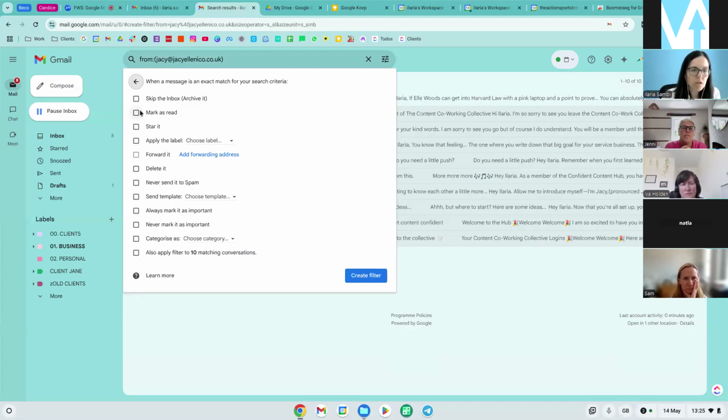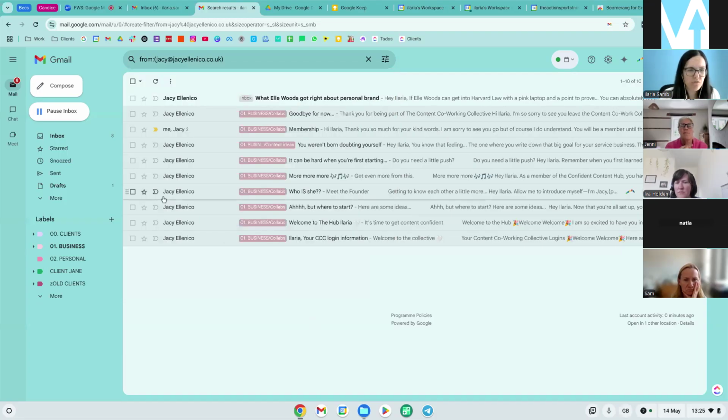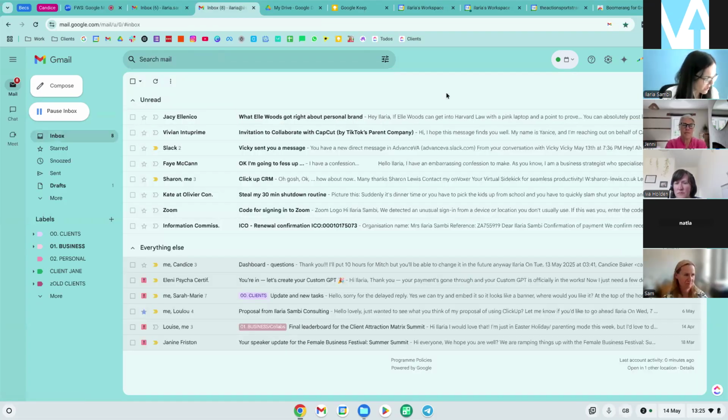So I don't want to unsubscribe, I want to delete them. So I could do mark as read, delete, skip the inbox. If you delete it, it skips the inbox automatically. So either I skip the inbox and archive them, or I just delete them. Also, I have 10 emails from Jessie in my inbox and I want to clean up a bit. So it's going to take all 10 emails from Jessie and put them in the bin. Poor Jessie, we're not doing that. But I'm sure you've thought about doing something like this before, because I have.